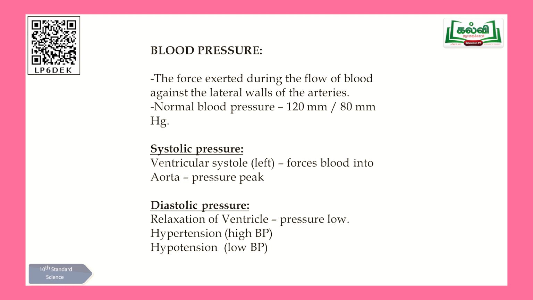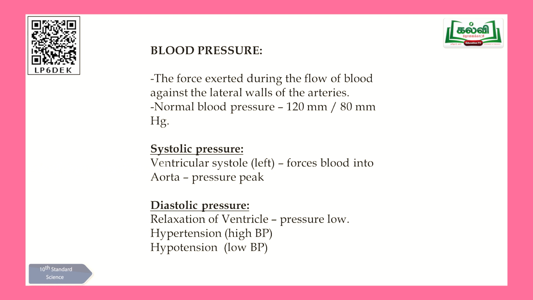Normal blood pressure should be 120 mm to 80 mm. 120 mm is the systolic pressure, and you know very well 80 mm will be the diastolic. So you have systolic pressure and diastolic pressure, and variation if it goes above this range. Hg is mercury. So you can read it like this: normal blood pressure is 120 mm to 80 mm of mercury.